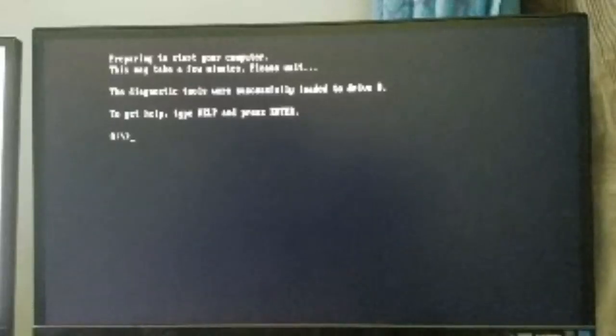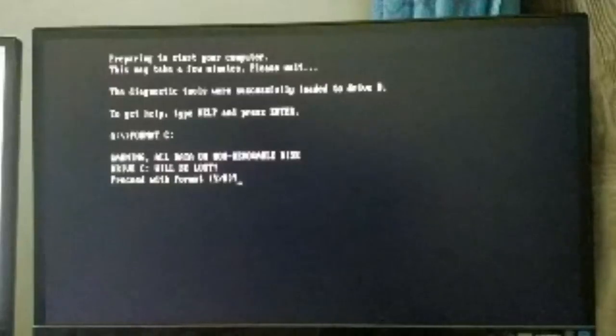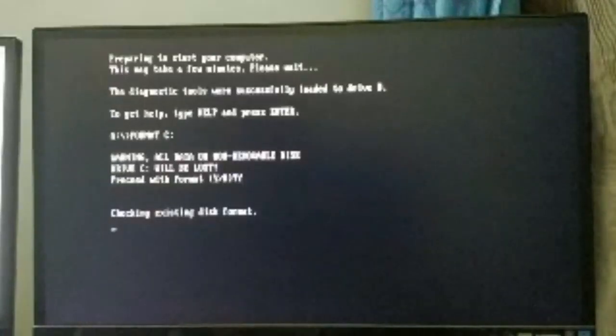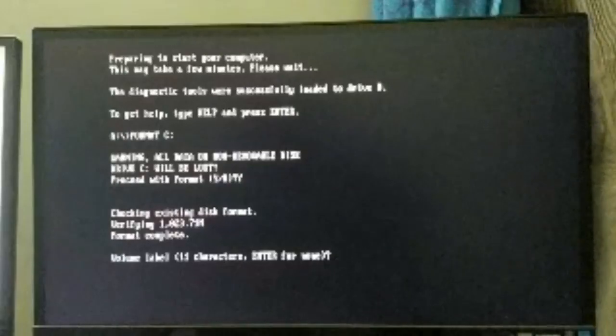So let's see if our C drive was initiated properly. So format C, I have to do that anyway. Yep, it was. So I have a 1 gig hard drive, which is a lot for back in the day, considering that I'm running on a 486, not that I'm installing Windows 95. We had bigger hard drives then, but